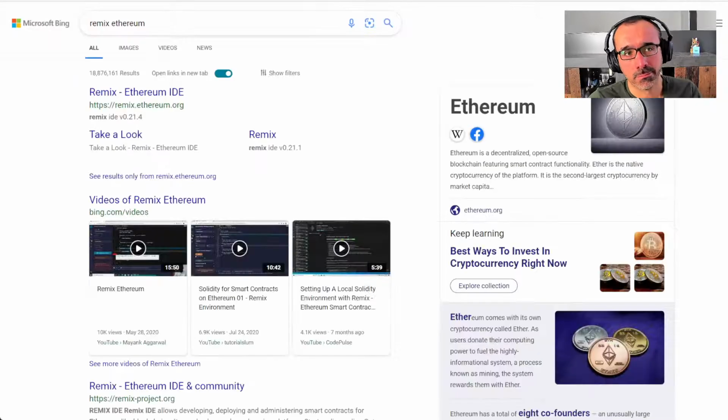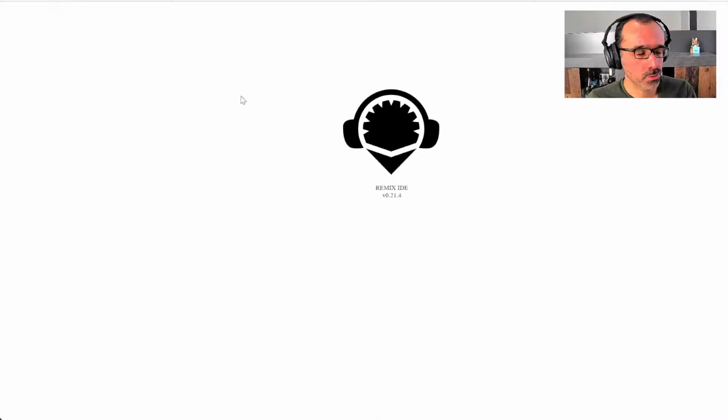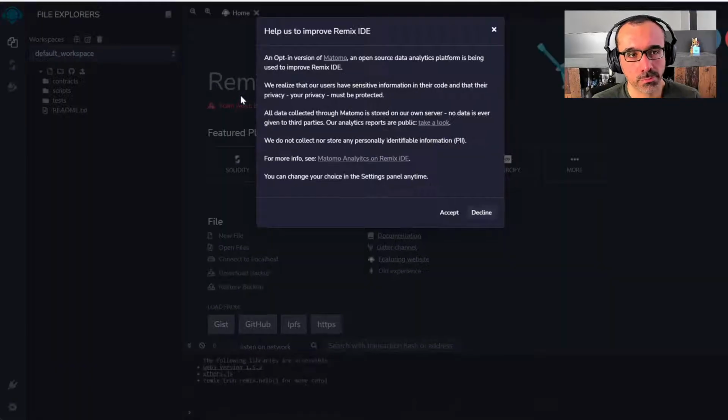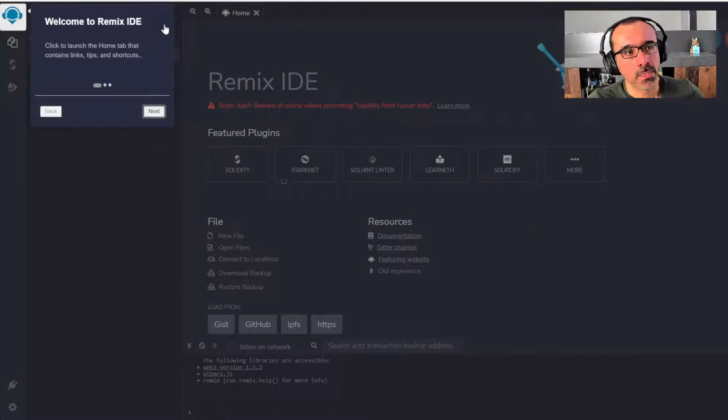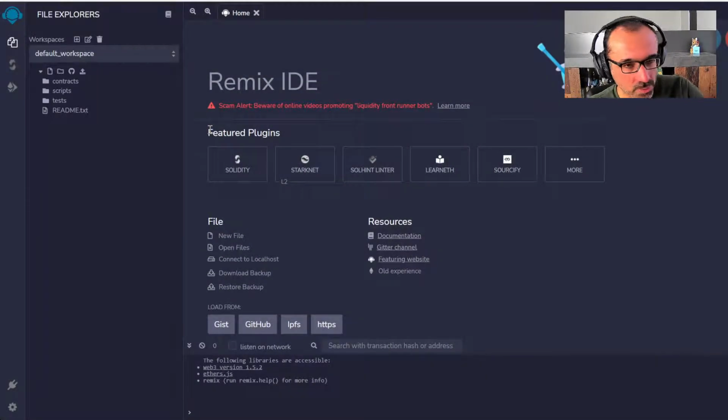Remix is an online IDE that is quite popular to get started with Solidity programming. And the reason I'm using Remix is, when I mentioned debugging, you may have thought I'm going to open up GDB and tools like that. Unfortunately, at the time of recording this talk, GDB does not support EVM.